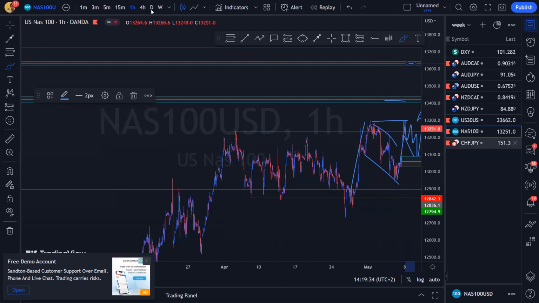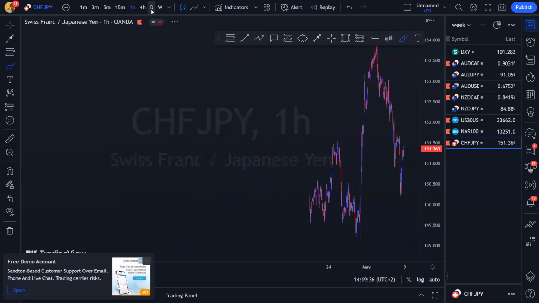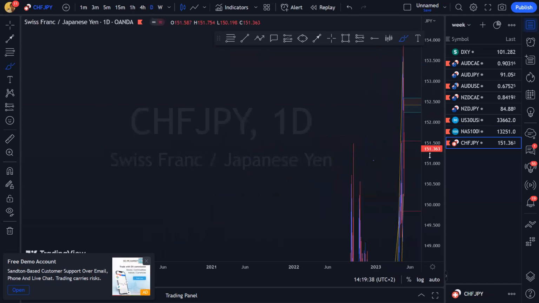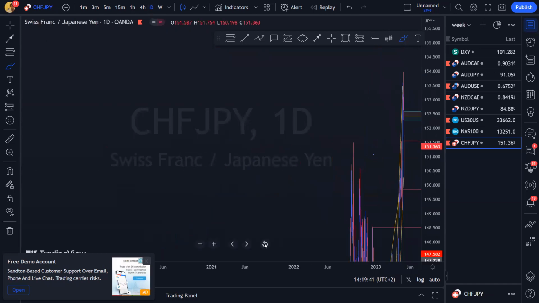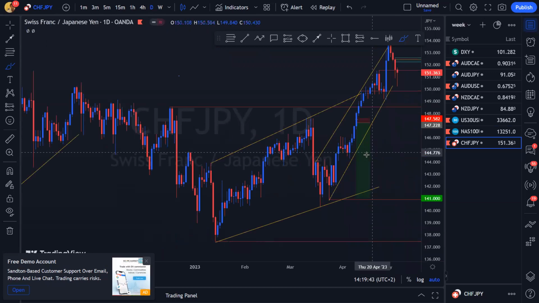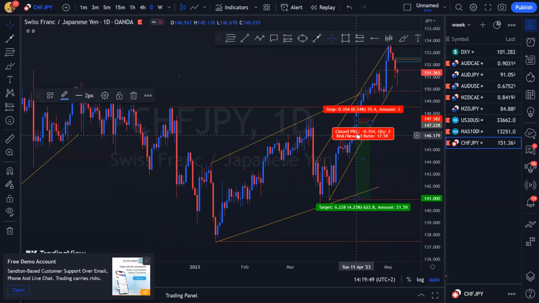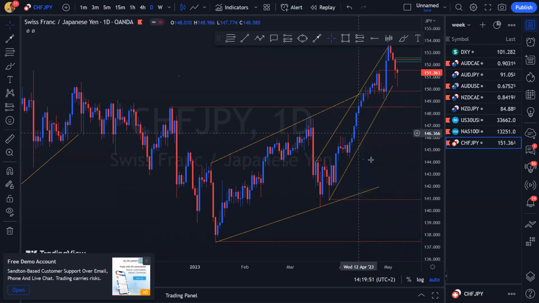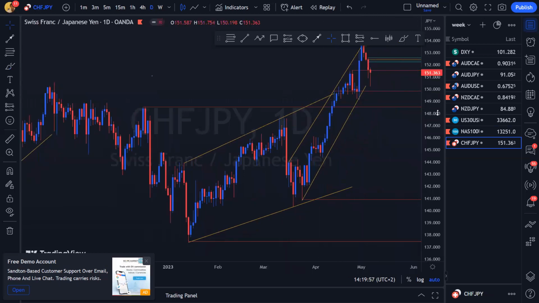Let's go on to SUSIEN. So like we said, SUSIEN is the only JPY pair that I'm going to be looking to make decisions on over the course of next week. But I'm also going to be trying to play it safe and just delete this. I don't even know what this is doing here. I'm also going to be trying to play it safe and just look for reduced risk entries only.